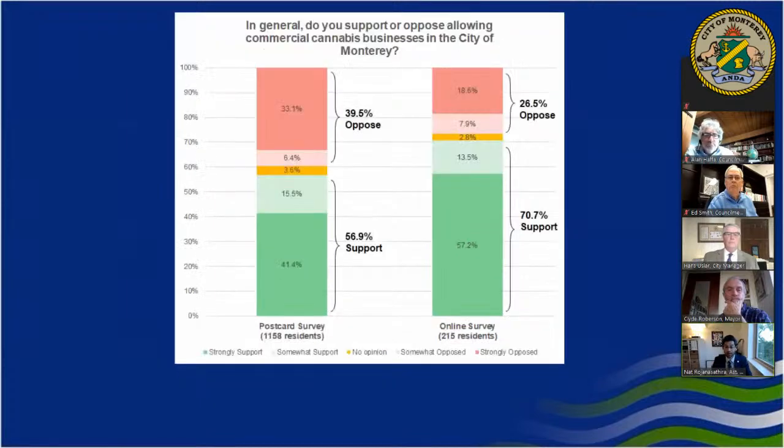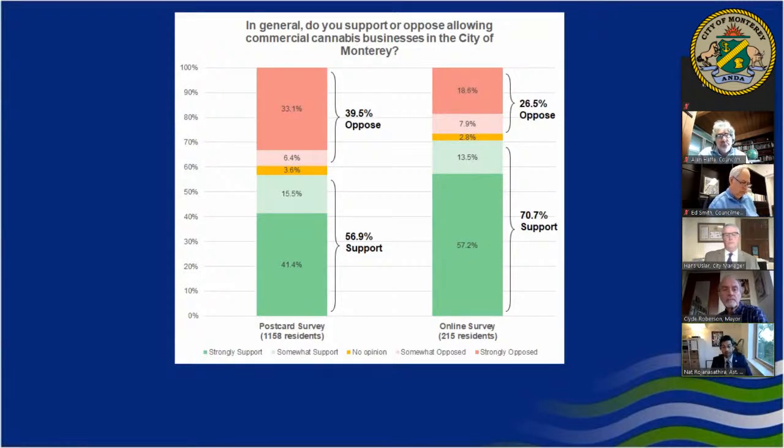So we'll take a look at the comparisons between the postcard survey and the online survey. And the first question that we asked, a very broad question: in general, do you support or oppose allowing commercial cannabis businesses in the city? And what you'll see here is the postcard survey showed 56.9% supporting and then 39.5% opposing. And the breakdown of that between strongly support, somewhat, and then strongly opposed and somewhat opposed. On the online survey, you'll see a greater percentage of people supporting, residents specifically supporting cannabis, 70.7%, and then 26.5%